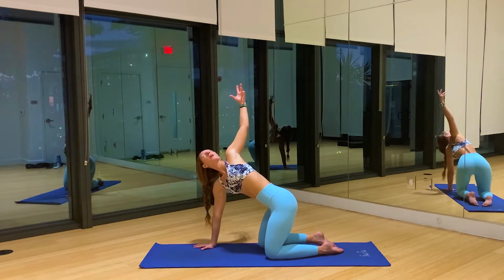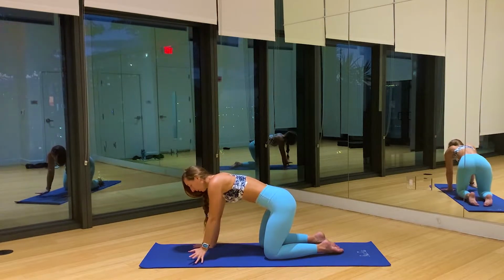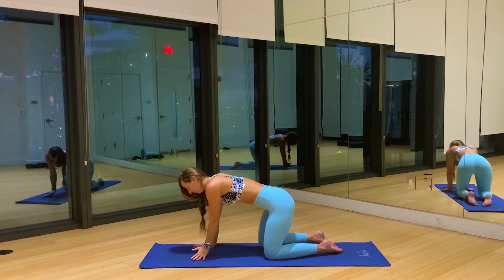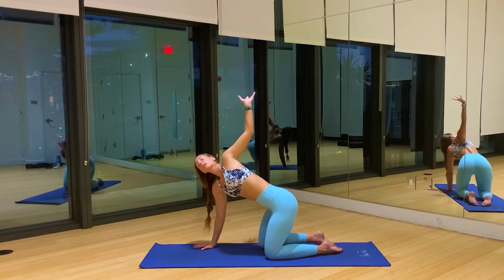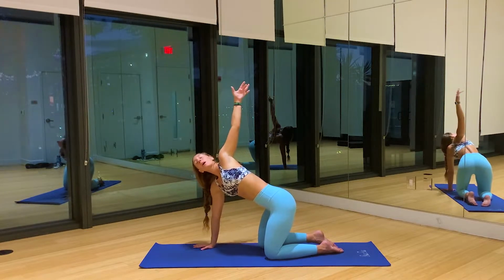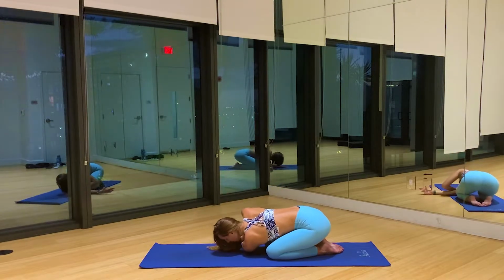Inhale, bring your arm back up to the sky, keeping the core tight. Move with your breath. Inhale, open. Exhale, lower. Inhale, open. Lower. One more. Inhale, up. Hold it here. And then on your exhale, you're going to thread it underneath your right arm as you sit back into child's